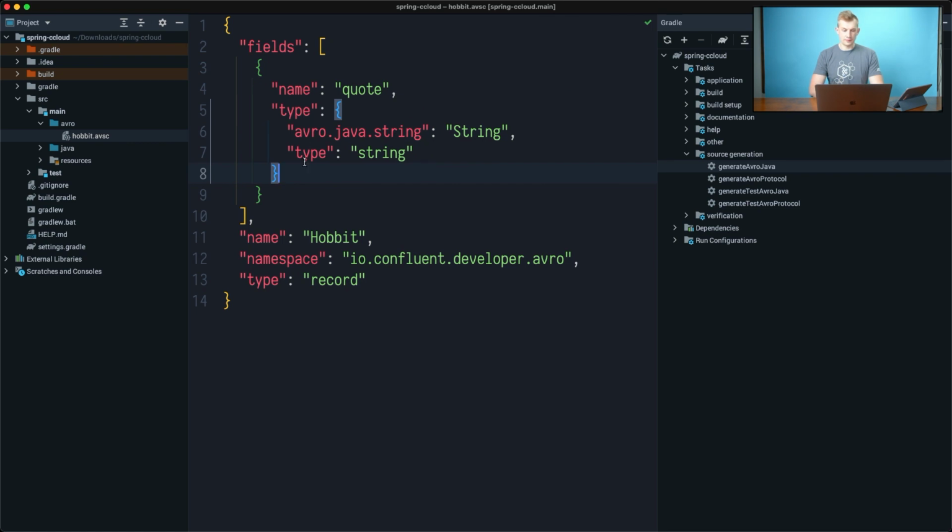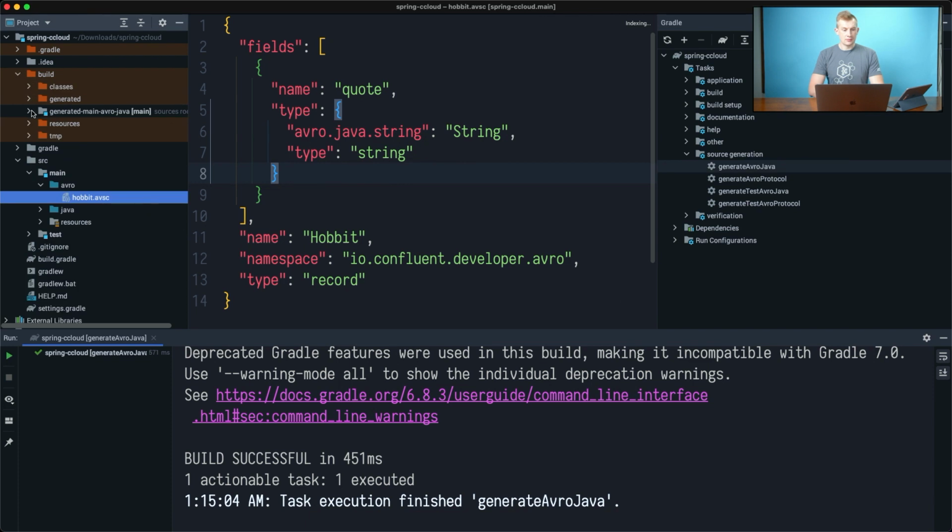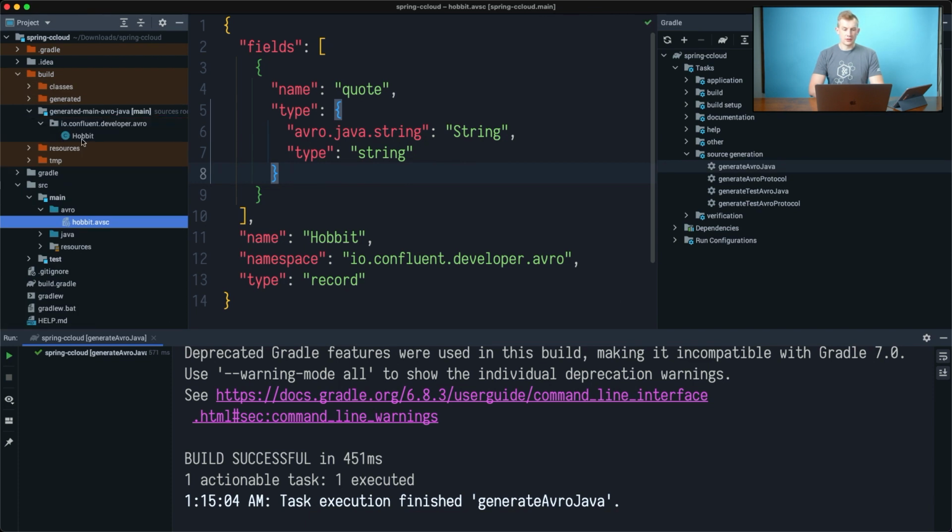and after that we'll wrap this into a Hobbit object. So in order to get this working, I need to go and execute a Gradle task called generateAvroJava. And what I will see here in my build directory is this generated main Avro folder with my object Hobbit. And because I enabled the IntelliJ IDEA Gradle integration, it was able to modify the IntelliJ IDEA project and also include generated sources in the classpath.